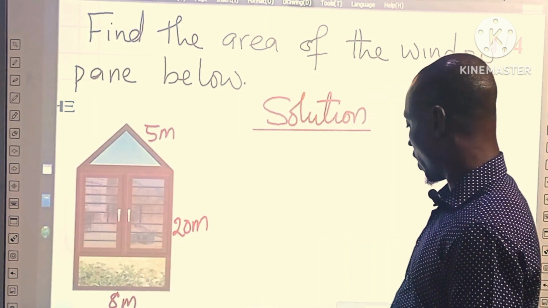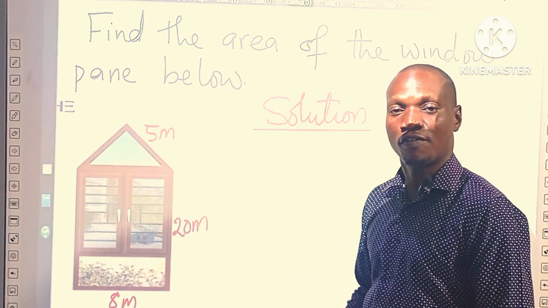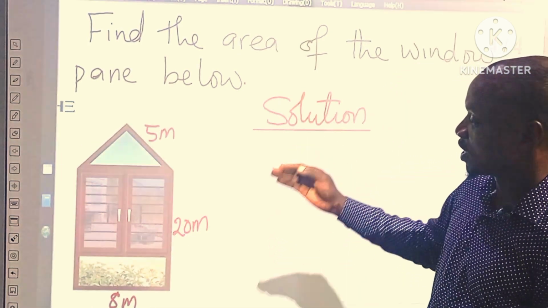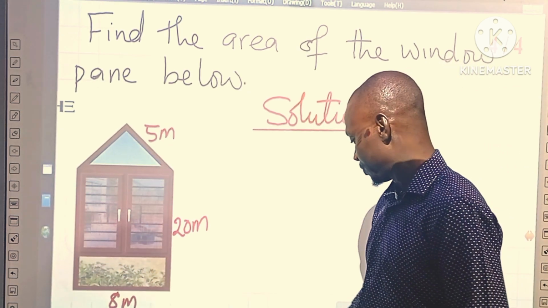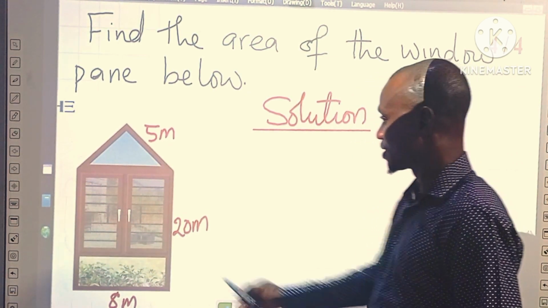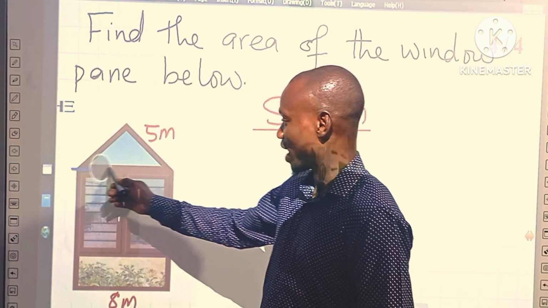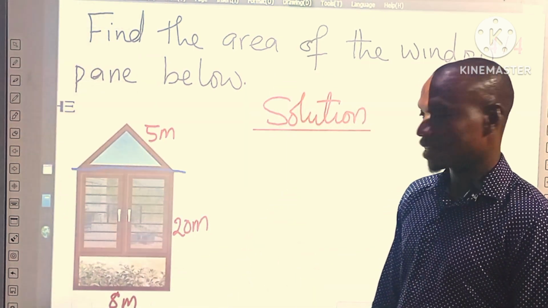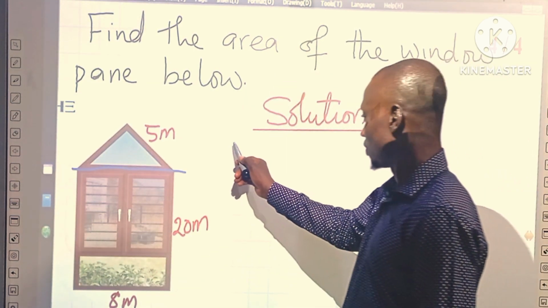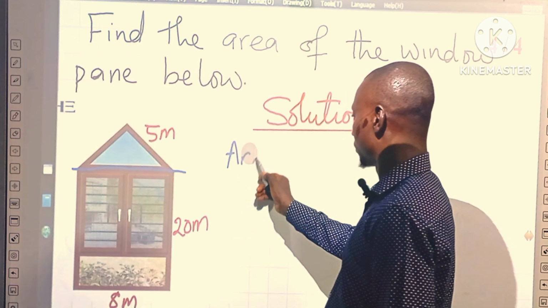Now, when looking for the area of irregular shapes like this, the first thing you must do is to break the shape into two parts. This shape can be broken into two parts, making one part a triangle and the other part a rectangle. For the rectangle, the area of a rectangle